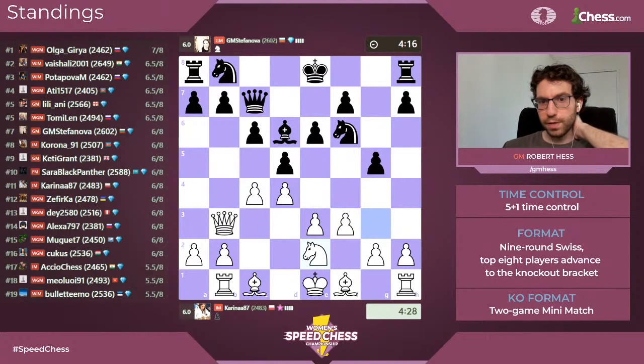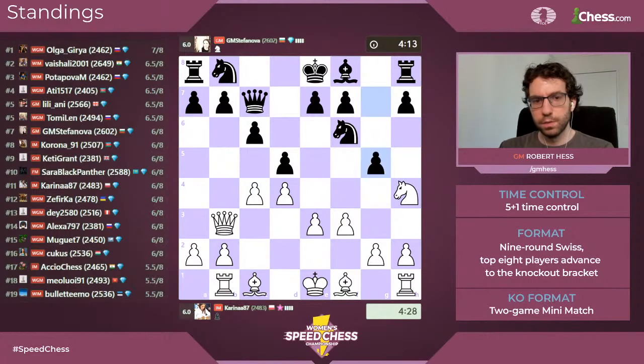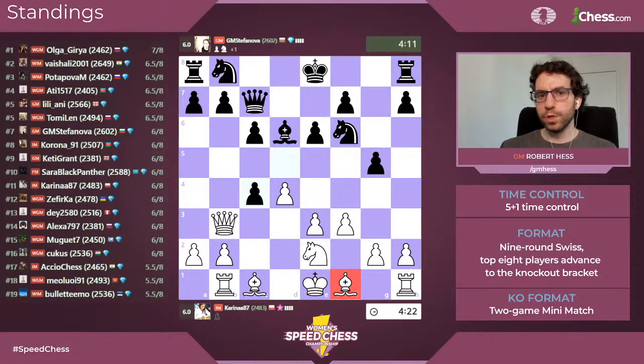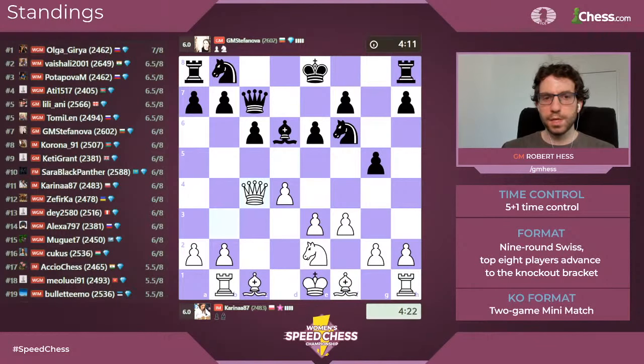Like here, look at this. Stefanova plays pawn g5 early because she attacked this knight. The knight came back, and she gained some space in the position. White has the bishop pair, but what is this bishop on f1 really going to do? These pawns on b7, c6, and f7, e6 limit the scope of this bishop. So even if it develops, gets out...